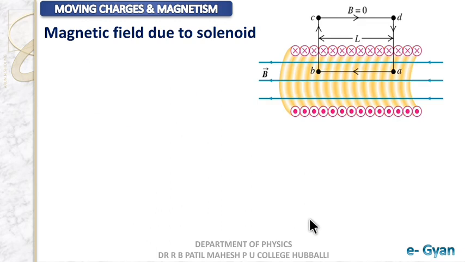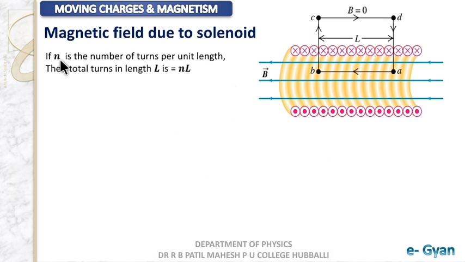Now let us proceed ahead and find the RHS of Ampere's circuital law. To do that, let us first write small n to be the number of turns per unit length. Now I am doing this, the only intention is to find the net current. On this RHS part of Ampere's circuital law, we need to find I net, that is the net current flowing through this loop. So through this loop, how much current is flowing, that's what we have to find out. So I am taking n as the number of turns per unit length.